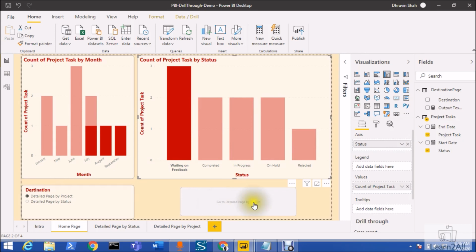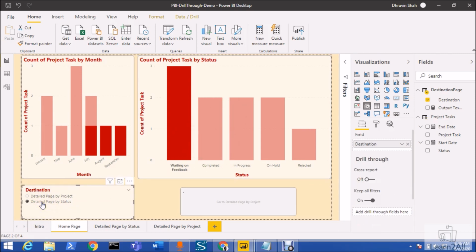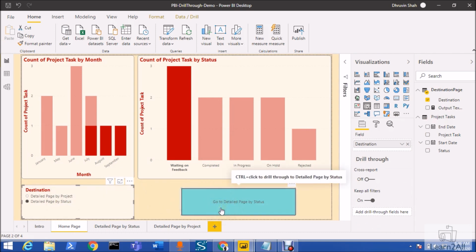Still the button is not enabled over here. The reason is that this detailed page by project does not accept status as a drill through parameter. Now if I am selecting from here detailed page by status, only at that time this button would be enabled. So this is another interesting thing about these drill through parameters.